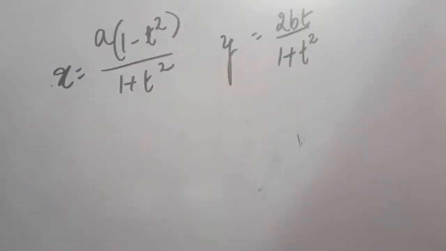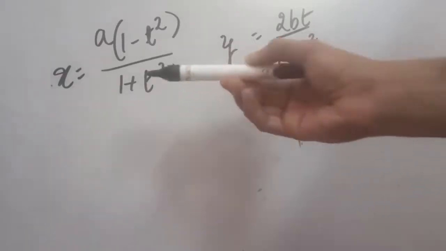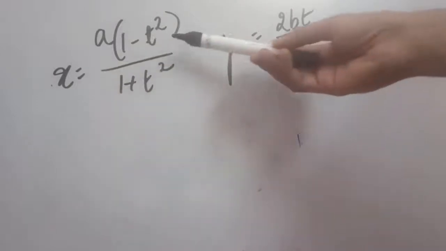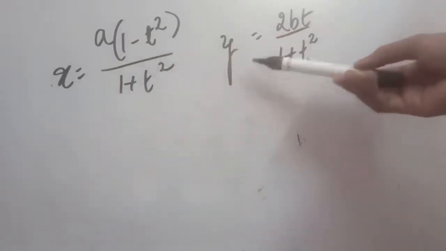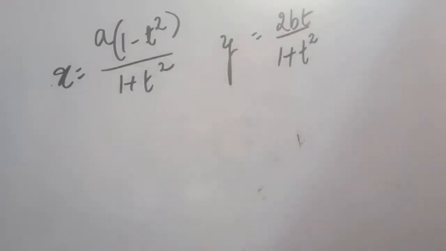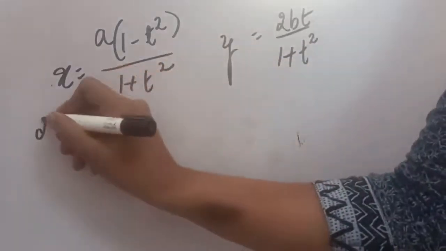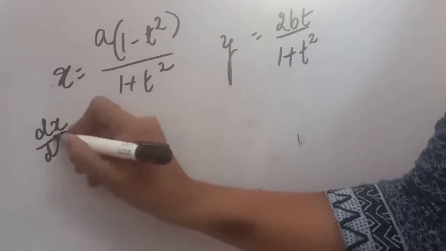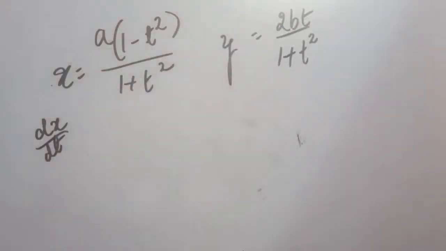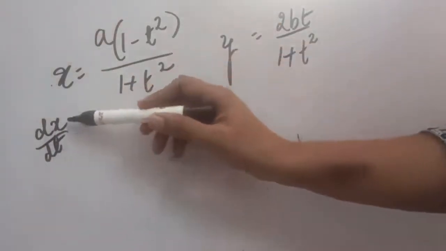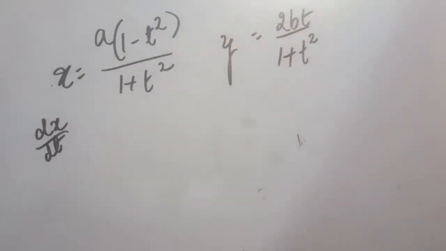This is another question where we will be making use of parametric equations. Now here you can see that x is a function of t and here y is also a function of t. So here parametric equations can be applied. So according to the formula, first of all we will have to take dx upon dt. That is, you have to take the derivative with respect to t.